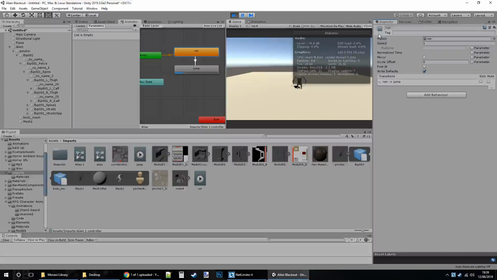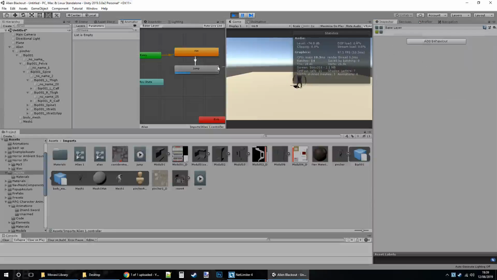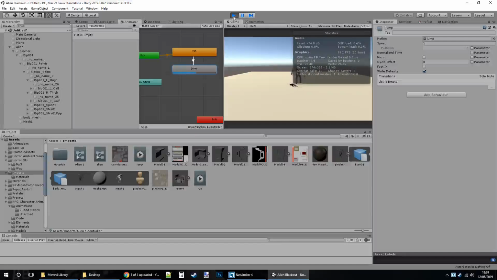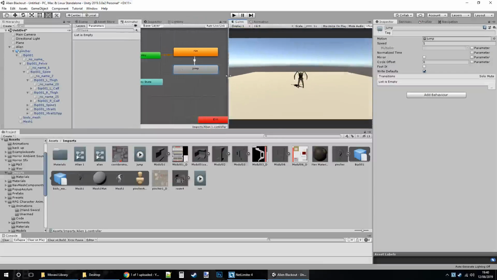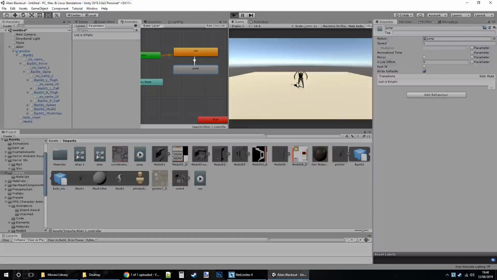let me just, okay, I can't move the window, hang on, let's get rid of this stats, there we go. So he'll do a run and then he'll jump, and then he's going to get stuck in jump because there's no